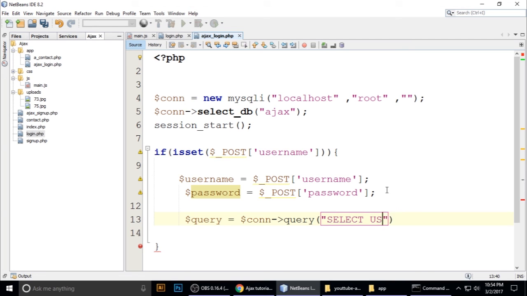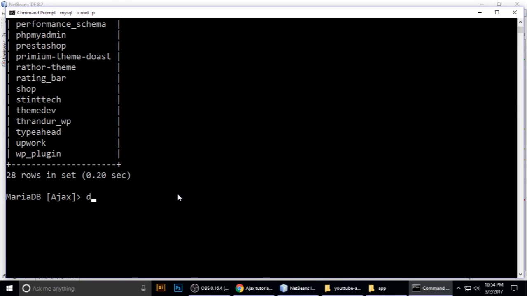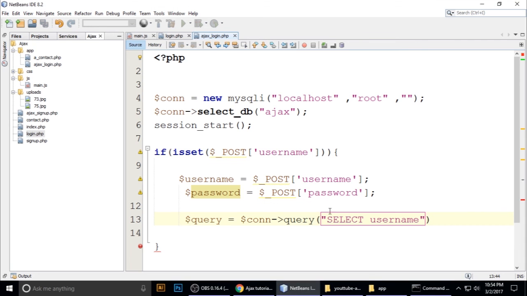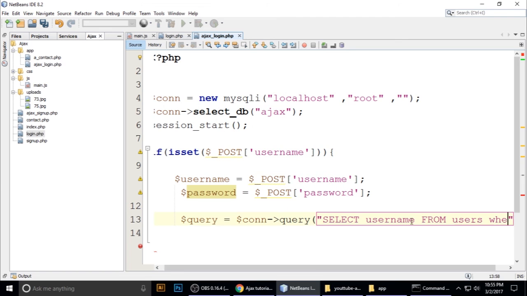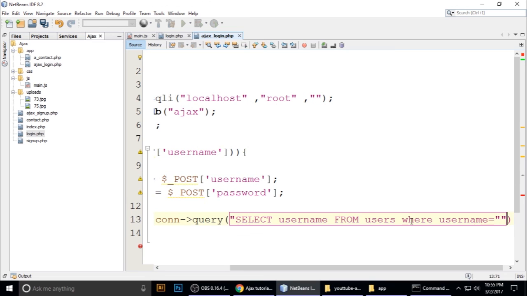I just want to show you, describe our users table. Now you can see the username. So select username from users, where, just put a where clause, where username, which I copied, equals to